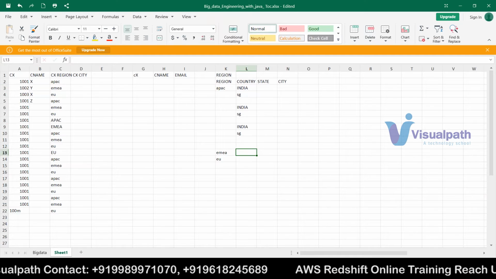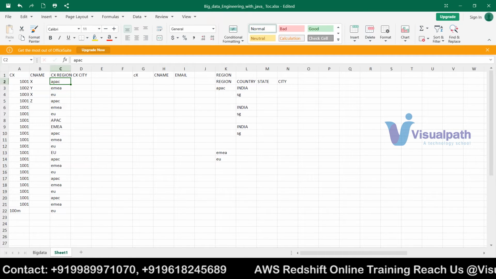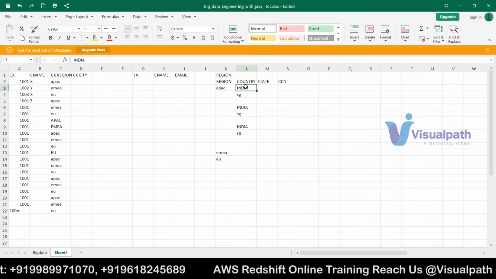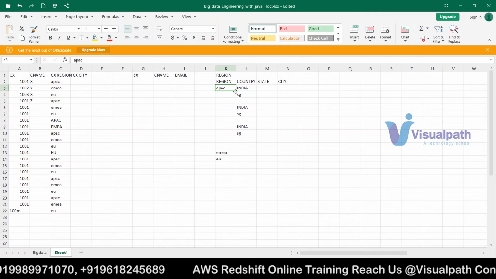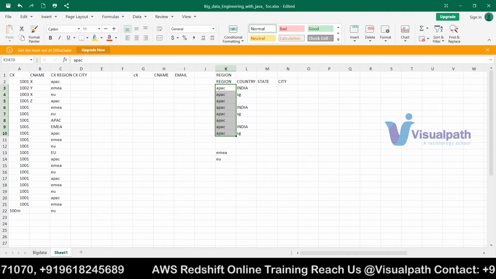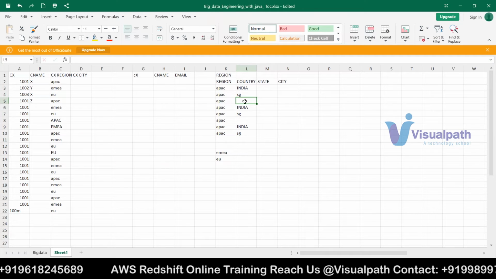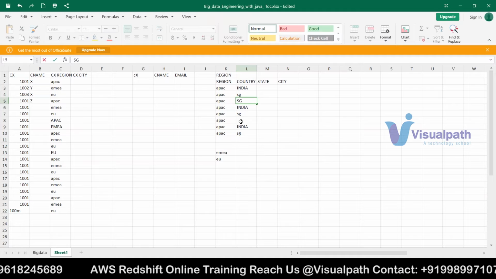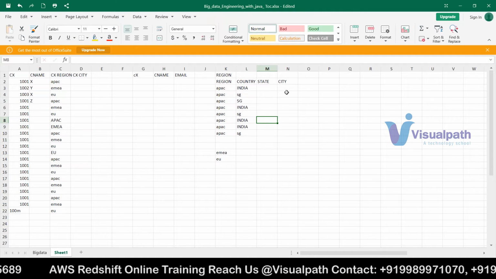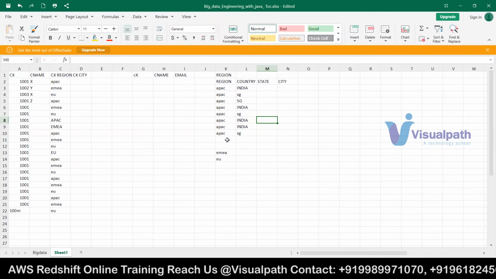Okay, and again EMEA region countries will come here. That means here we have duplication or redundancy of hundreds of millions of records with the same values. But how many times will APAC repeat here? It will repeat only as many times as there are countries. For example, if it has some 50 countries, then it will repeat only 50 times. So that means we are greatly reducing the redundancy. That is my point here.